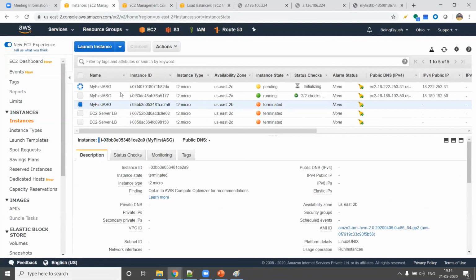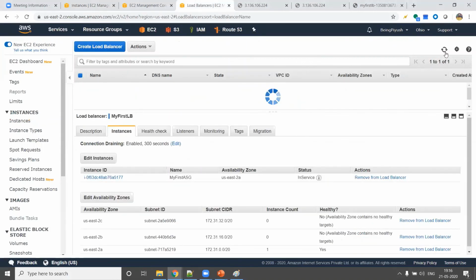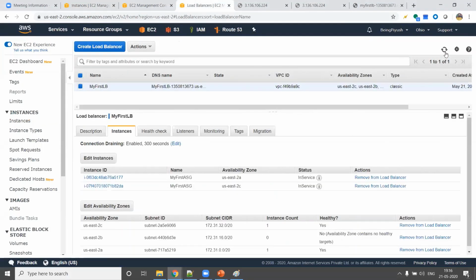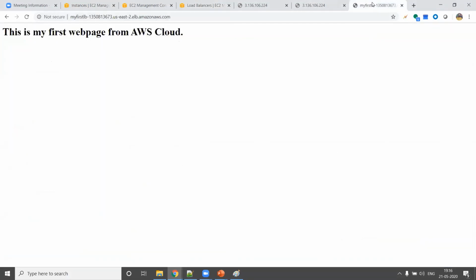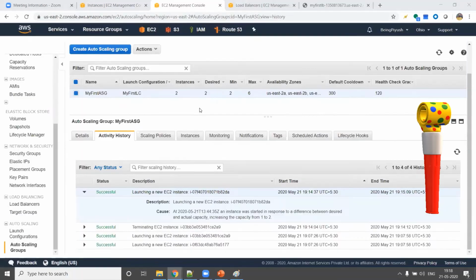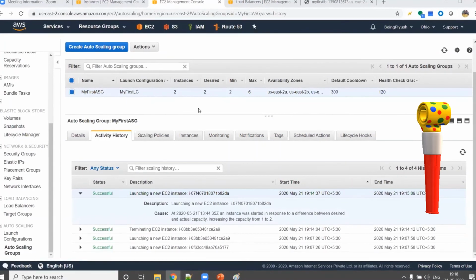You could see that with the same my first ASG, it's starting the same EC2 machine. So let this come out, and now let's refresh it and see that both are in service. Now if you see the load balancer, it will send the traffic to both the available EC2 machines. So that's all about the auto scaling group.